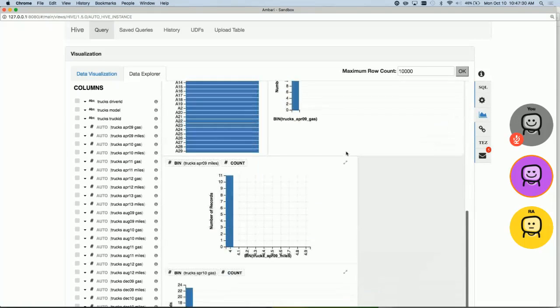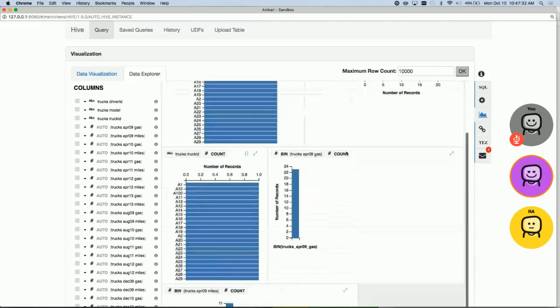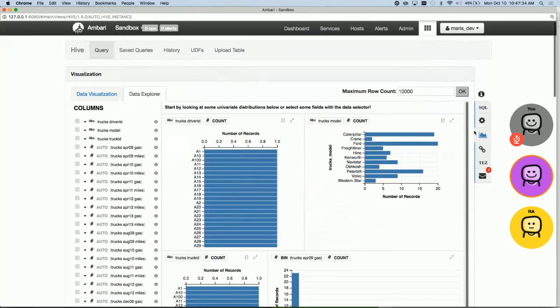So I can quickly start my exploration. There's a whole series of default visualizations that come with it. Also here, you can look at the explain. If you're familiar with SQL, there's a query plan that gets generated. With Tez, if you use Tez with your Hive statement, you can see the DAG, the query plan associated with that Hive statement. And lastly, you can look at notifications. So that's a quick look at